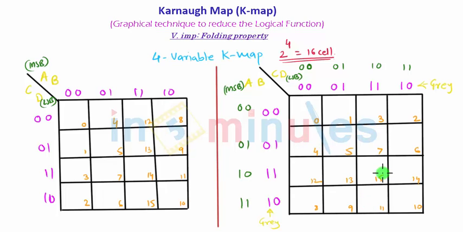So this is the final representation for the K-map, and you can go on folding this K-map along the symmetrical axis till you get the symmetrical diagram or the symmetrical K-map. If you fold this K-map once, you will get the K-map pictures as 3-variable or 2-variable. So this is all about the 4-variable K-map.